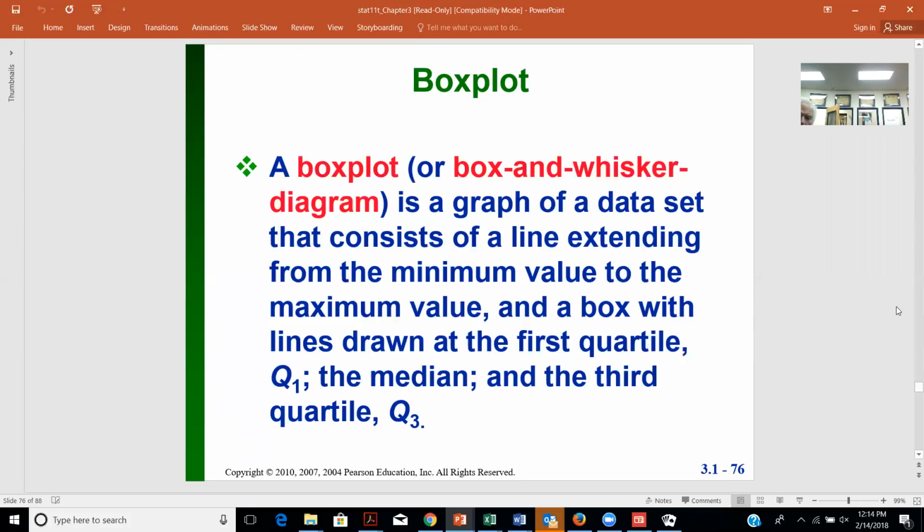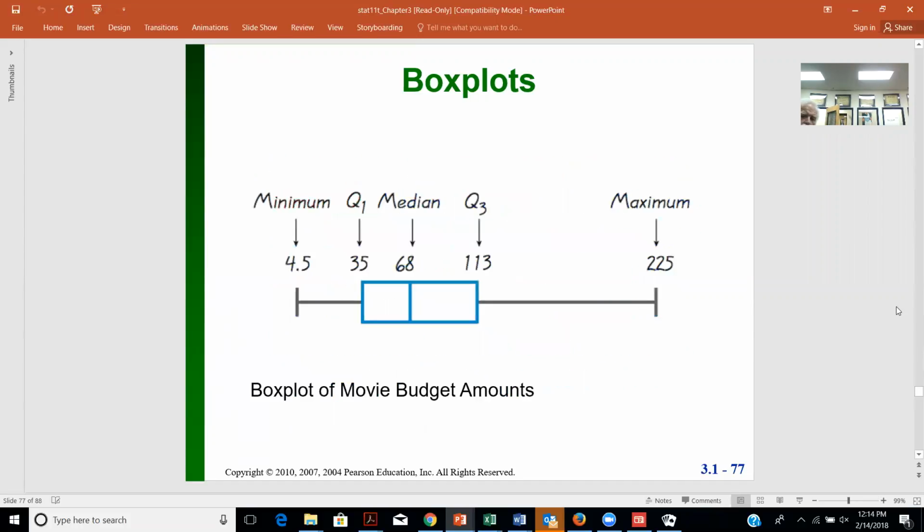And we draw our lines at the first and third quartile. So a lot of times the box plot will not have anything except the box and the minimum and maximum, because the box defines Q1 and Q3 and the median. So we have lots of examples. I'm going to give you the example. If you look at slide number